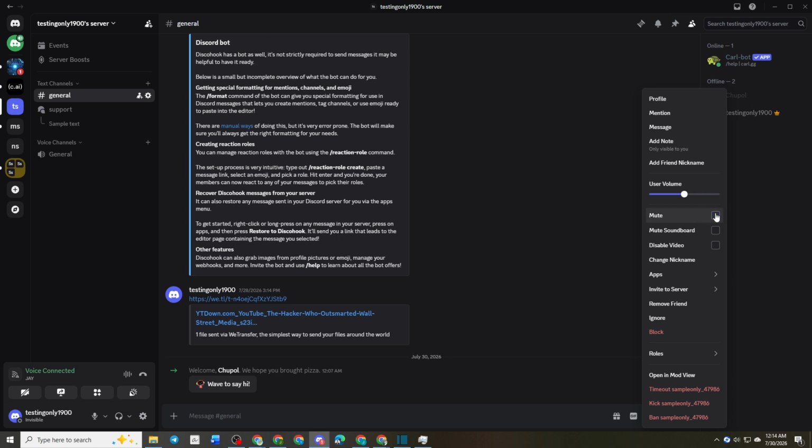The member will immediately regain the ability to speak in voice channels, provided they don't have any other restrictions or moderation actions applied. Remember that global mute only affects voice communication. It doesn't stop a user from sending text messages, reacting to posts, or participating in text channels. If you also need to limit a member's text activity, you'll need to use the appropriate moderation tools or adjust